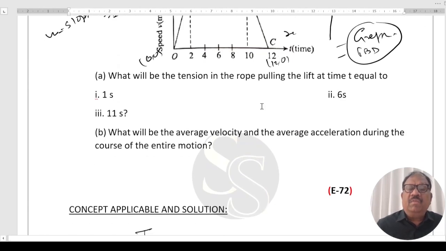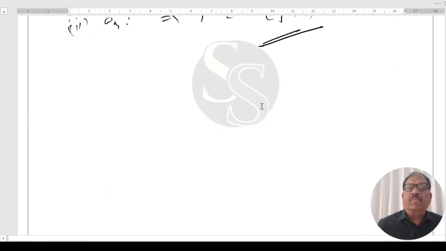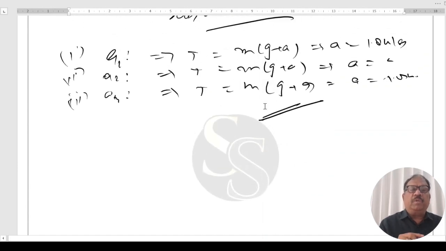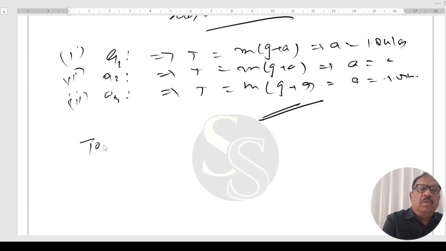Second is, what is the average velocity? To find average velocity,